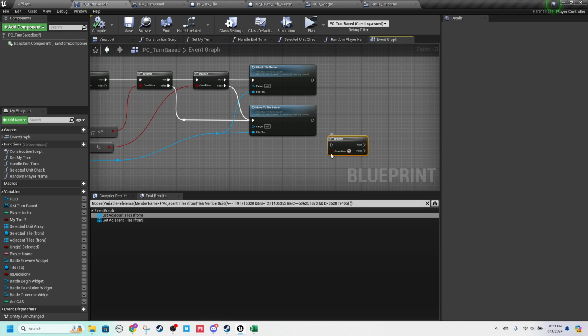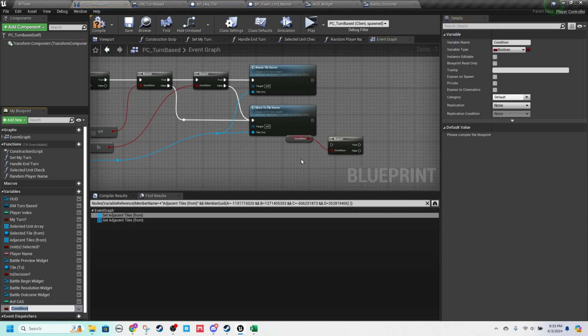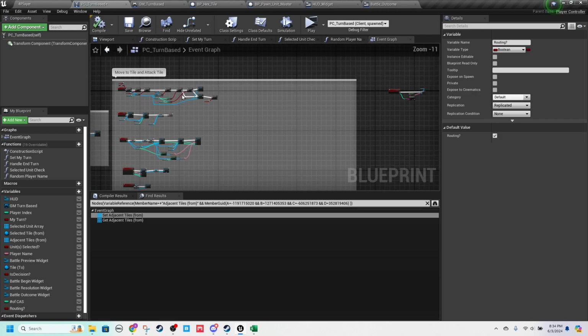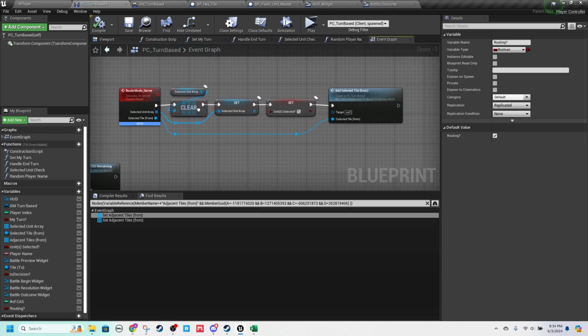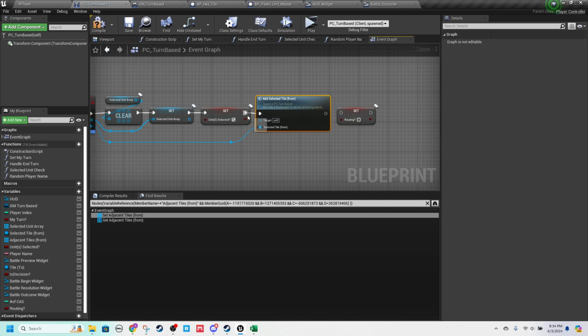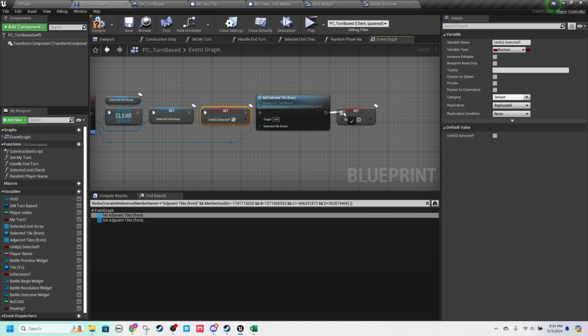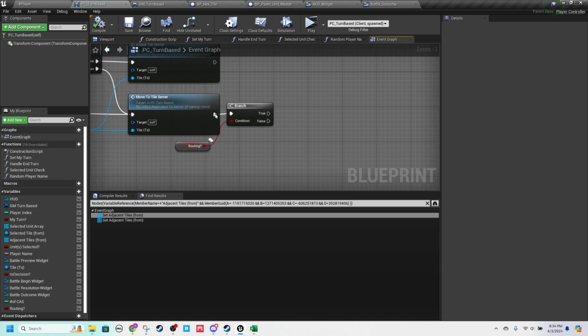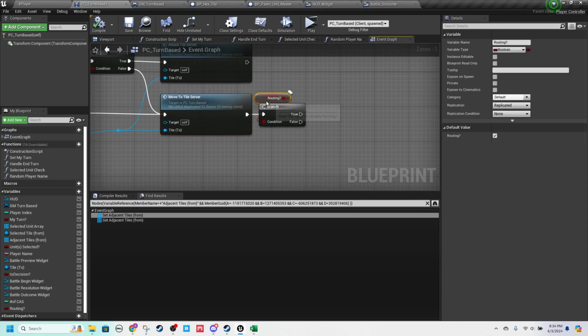So let's do a branch, and right click, promote this to variable, and just do routing, question mark, and compile that and make this replicated. Okay. And coming back down here quick to our route mode server, we're going to set this to true. Boom. Okay. And then, so if this is true,